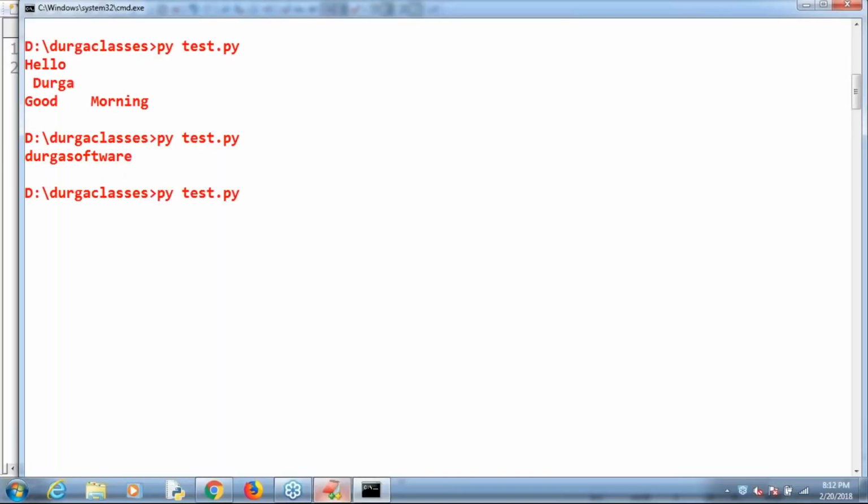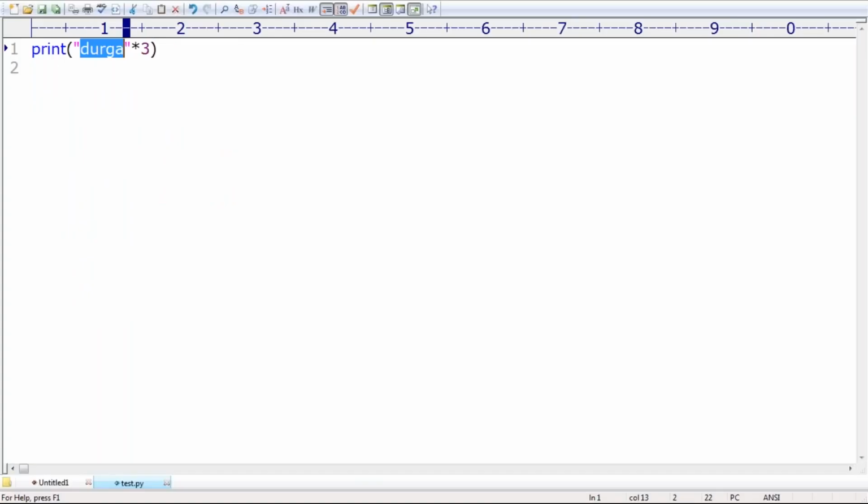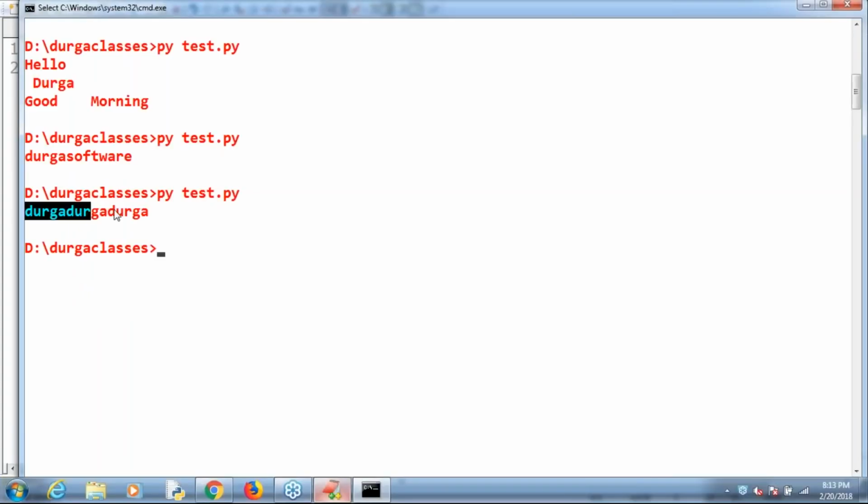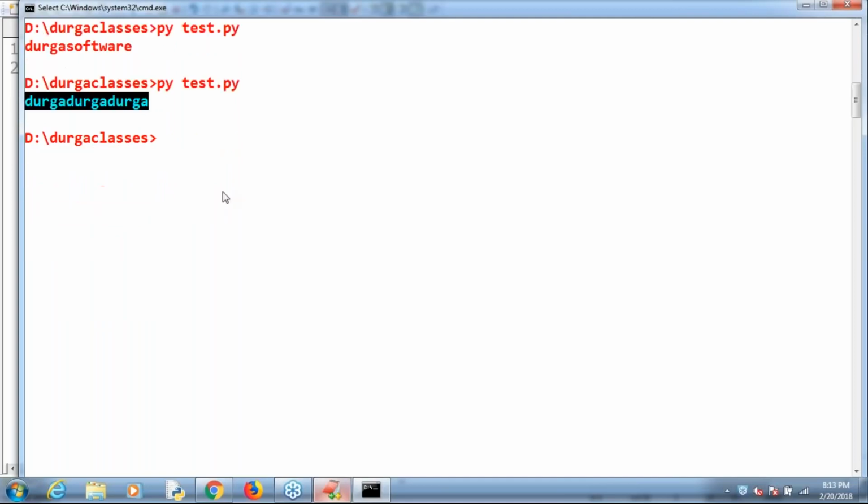This is called the string repetition operator. Are you getting it? Consider "Durga" 3 times: we get "DurgaDurgaDurga" by default. That's all. This is about the concatenation and repetition operations you can use.